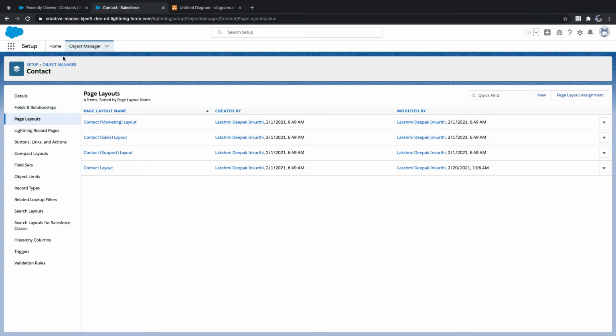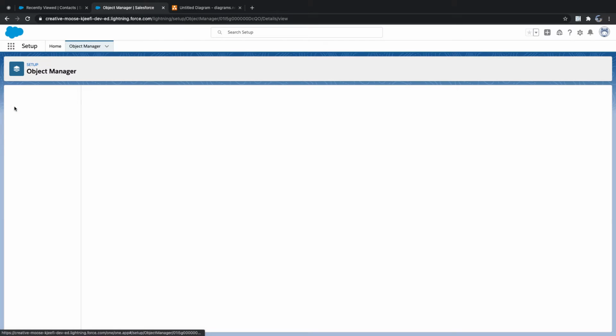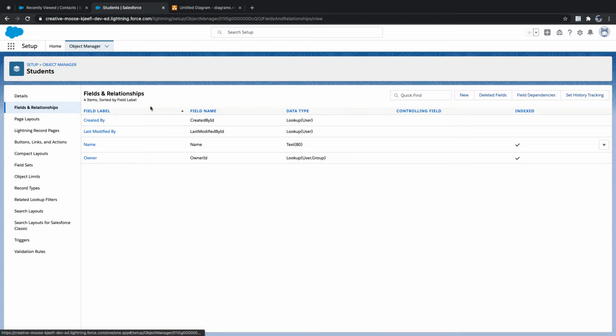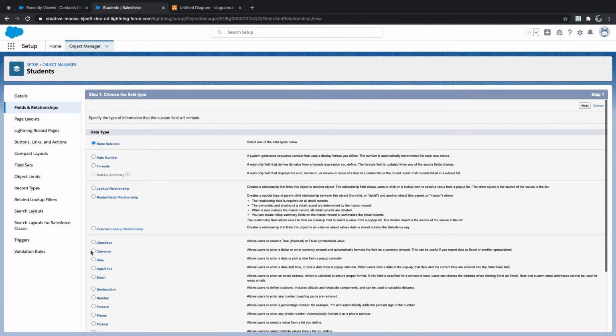Now in the student object what is needed? Let's say in the student object we only had the name field, right? I need to create fields, like date of birth and all these fields. But creating fields from here takes a lot of time, isn't it? Selecting a data type.